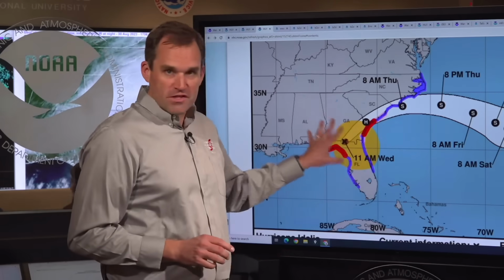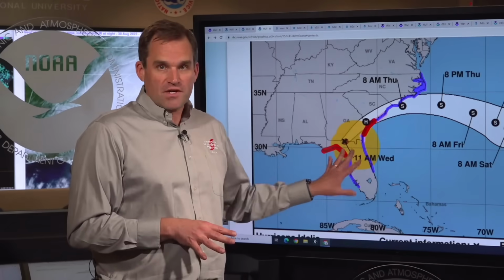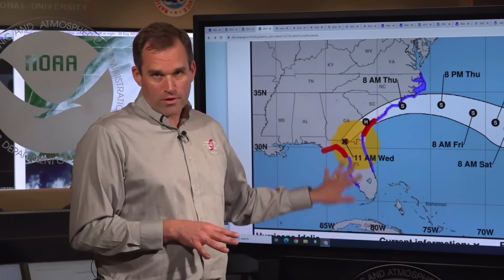So please stay in your safe place until you're instructed to come out by your local officials. And please don't go into these areas that were evacuated, particularly along the Florida coast and the landfall region, until you've been told it's safe to do so by emergency officials, because you may be returning to an area where it's simply not safe to be. There may not be access to power, water, medical equipment, or medical services if you have an emergency or otherwise have an issue. So please stay safe during the next day or so as Idalia moves offshore, and stay safe